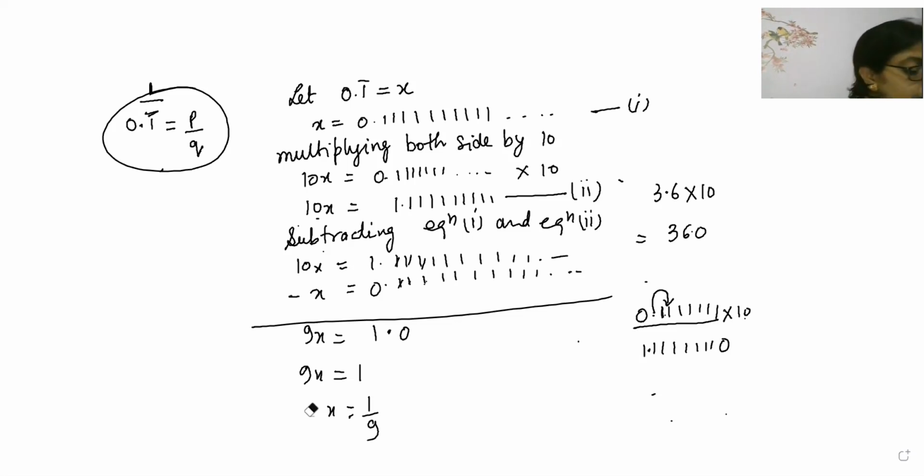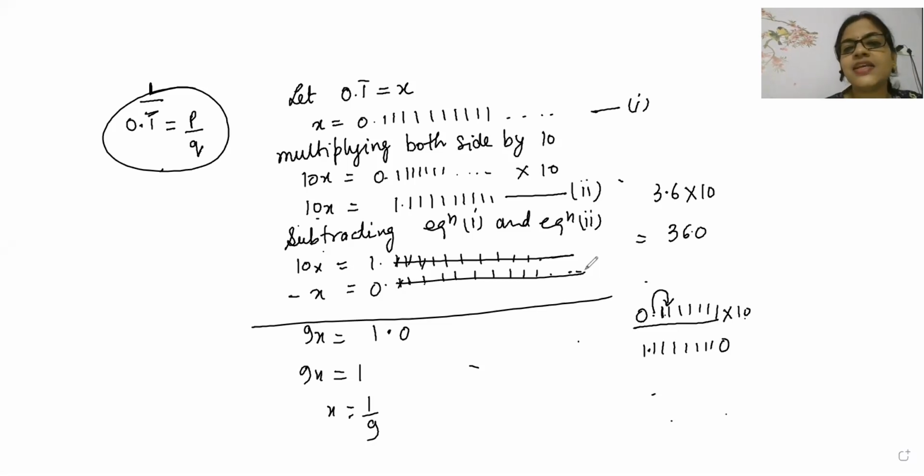Now, did you understand why I have done this? Why should we subtract equation 1 and 2? Then only this continuation gets cancelled. We are subtracting because we have to cancel the continuation. Why we multiply by 10, I will explain in the second example. I will solve 2-3 examples today, so see how I am solving, gain the technique of solving it, and then try the question.